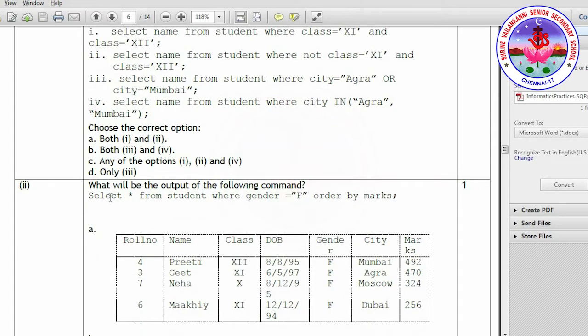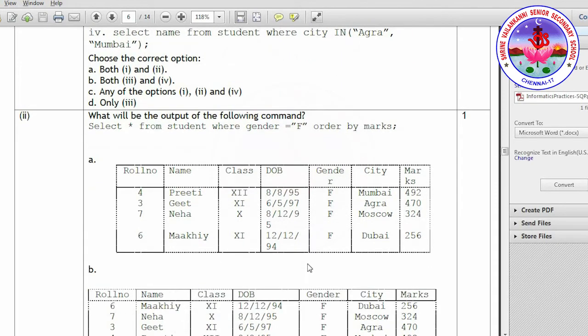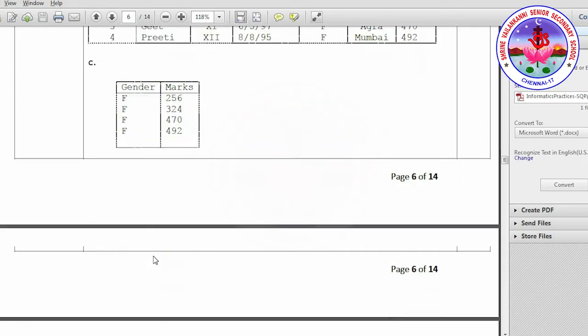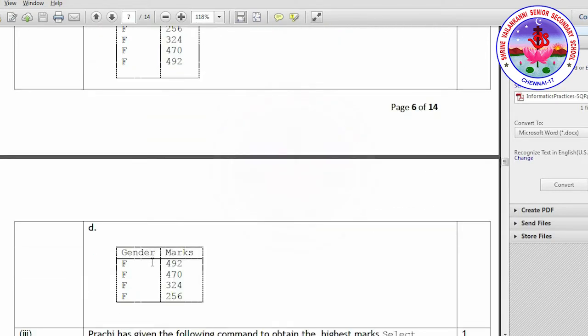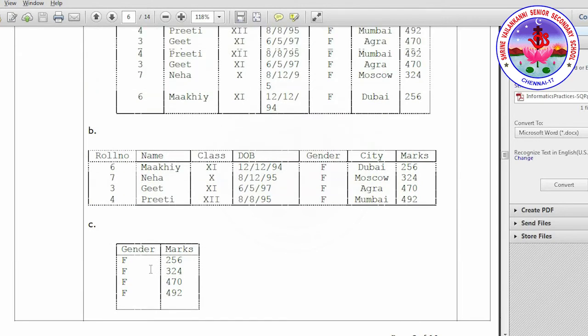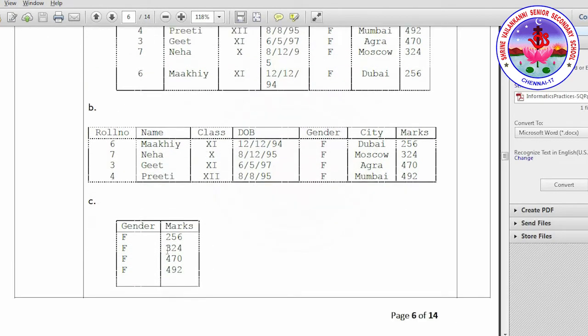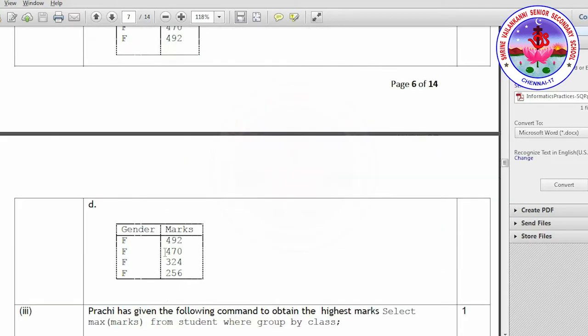So next one is, what will be the output of the following command? Select asterisk from student where gender equals F, order by marks. The 4 choices given are A, B, C and D. We can directly eliminate C and D because in the given query asterisk is used, that means all the columns. In the output, C and D have listed only 2 columns.